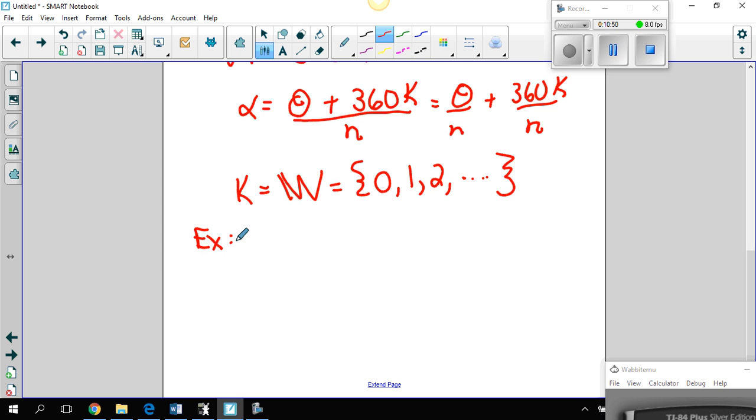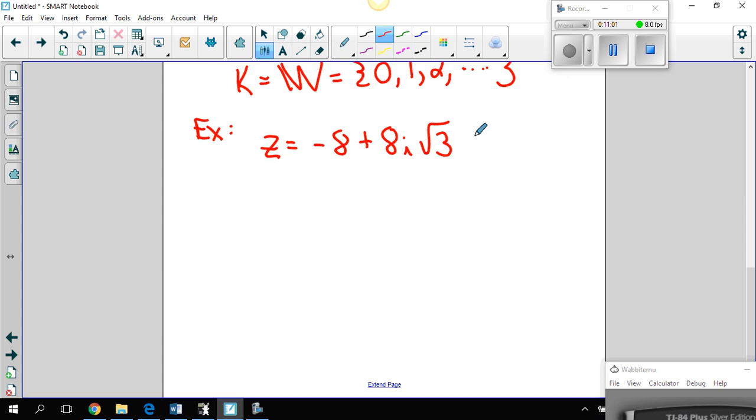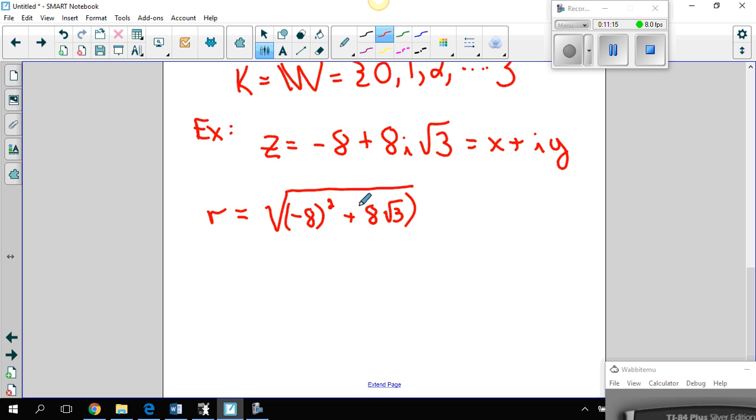Let's go this way. Let z equal negative 8 plus 8i square root of 3. Nobody likes x plus iy anymore. Let's convert it to CIS. Negative 8 squared plus 8 radical 3 squared equals the square root of 64 plus 64 times 3